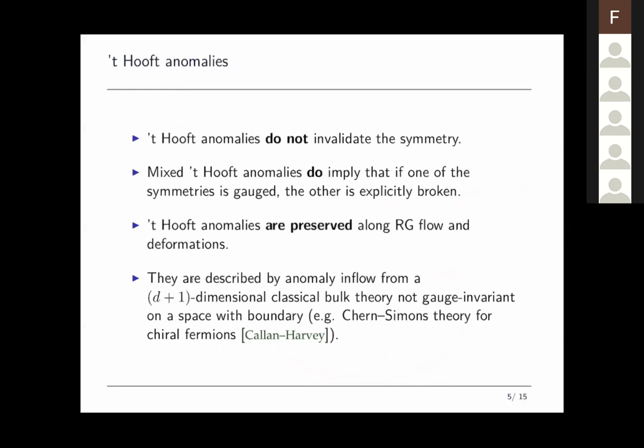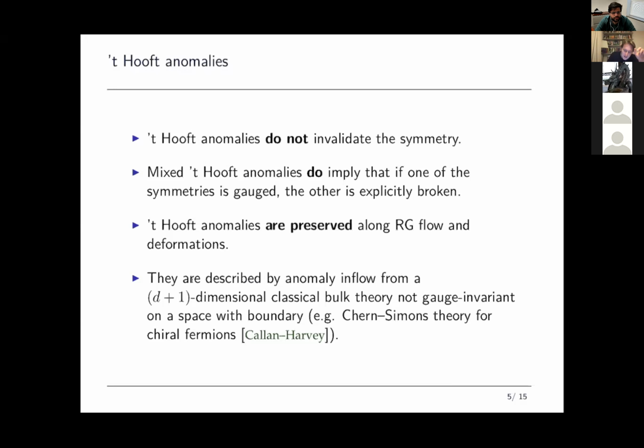Now I will take a minute to recall some of the properties of 't Hooft anomalies. 't Hooft anomalies do not invalidate a symmetry. A symmetry with an 't Hooft anomaly cannot be gauged, but it's still a global symmetry of the system. However, mixed 't Hooft anomalies do imply that if you gauge one of the symmetries, then the other is explicitly broken. The most crucial fact for the purposes of this talk for 't Hooft anomalies is that they are stable